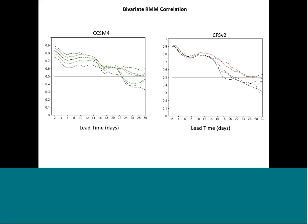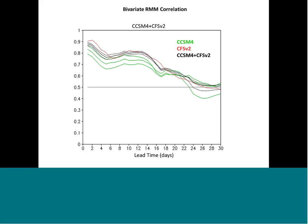So then the question is, if we put these all together into a multi-model ensemble mean, do we get any benefit from that? So this is all of them together. The black line are CCSM4 and CFS2 together, with the solid line being the 7-member ensemble all combined into one. And the 2 dashed lines here are if you make a 6-member ensemble by putting the 2 newest forecasts from CCSM with the CFS2 forecast. And this is if you put the two oldest